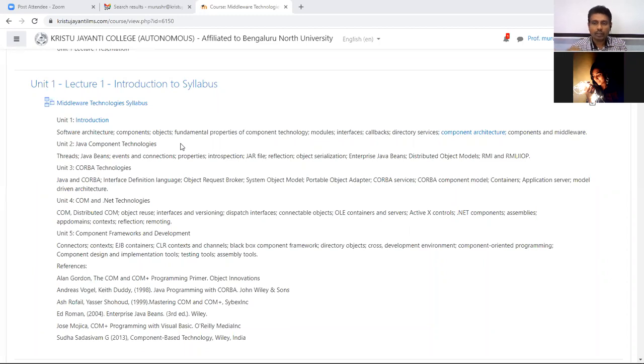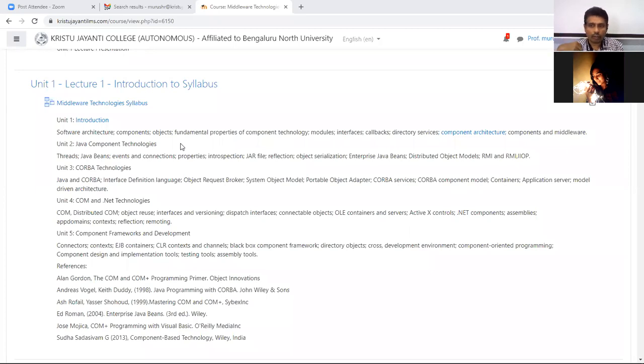And then the next one we'll be discussing is RMI and RMI-IIOP. RMI is nothing but remote method invocation. That means the method is on a remote machine. If you want to access that method from your application, or do some kind of process, you make a request and it gives a response back to you. For those kinds of scenarios, earlier they used one of the key mechanisms from Java, which is RMI, remote method invocation.